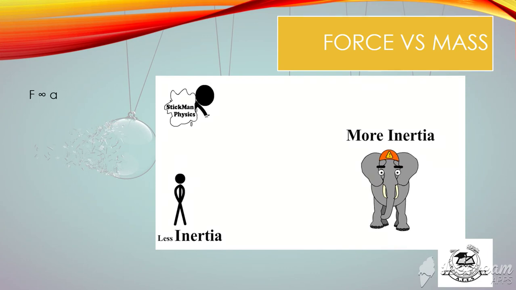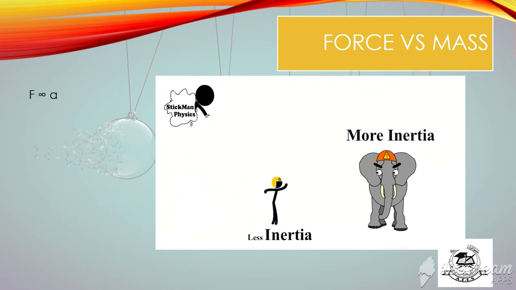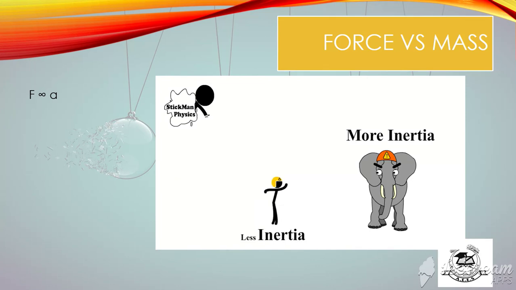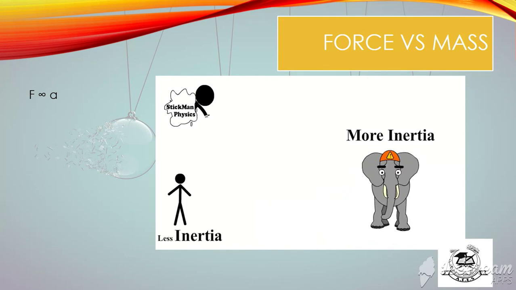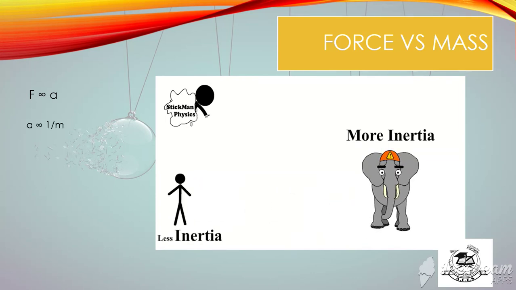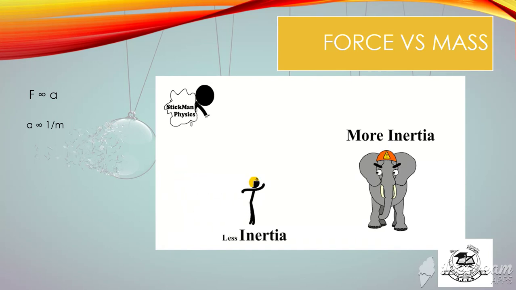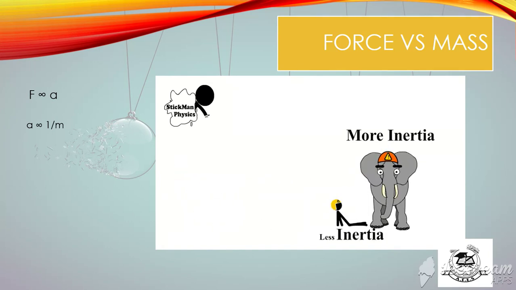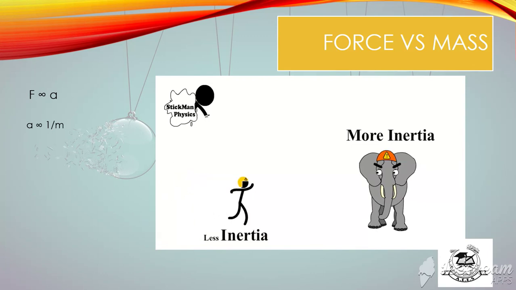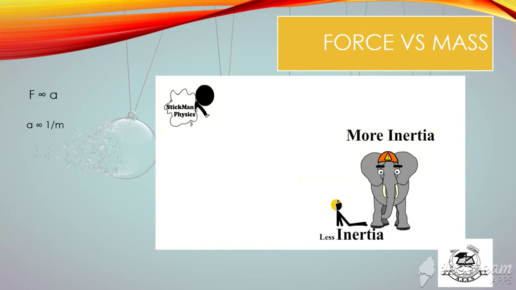Let's see. Force applied is directly proportional to the acceleration produced. What is the acceleration? We have studied earlier. Directly proportional means both of them increase together. If there is greater force, there is greater acceleration. We know that. But we also know that acceleration is inversely proportional to mass. It means heavier objects need more force, or we can say that acceleration decreases when the mass increases.